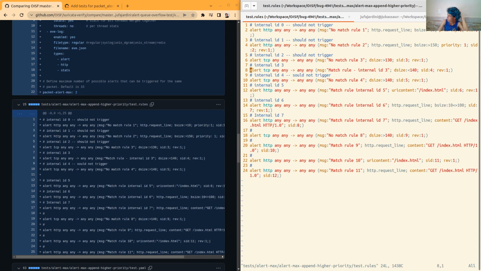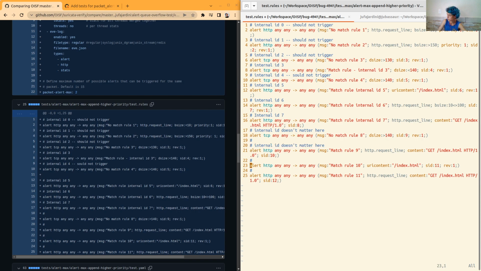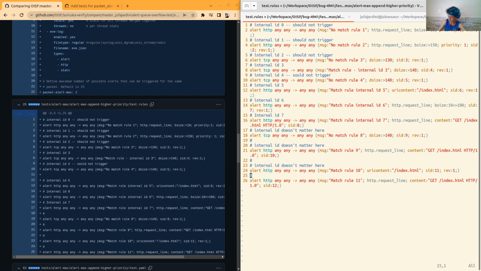And now that that ugly empty line here was removed, I can move on to delete things here. I'll just say that internal ID doesn't matter here, and I will copy that and paste it in all other cases.